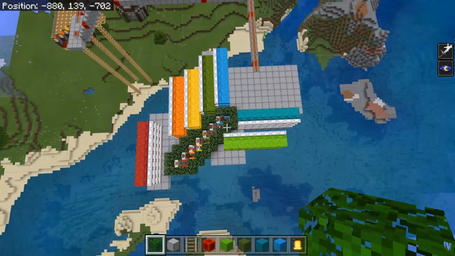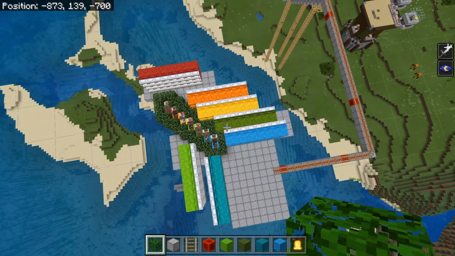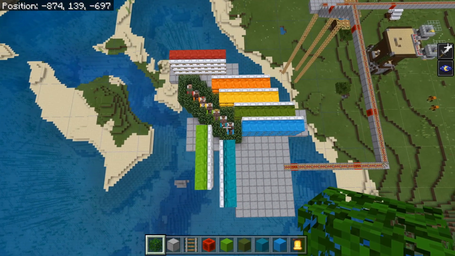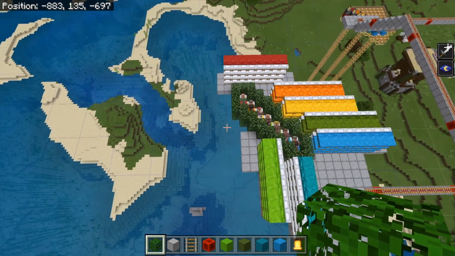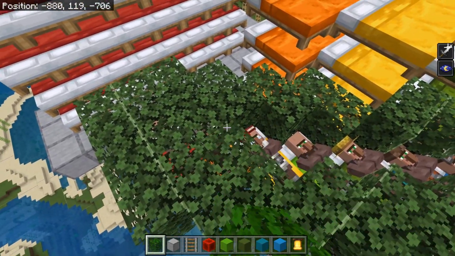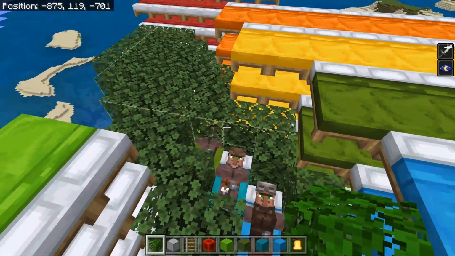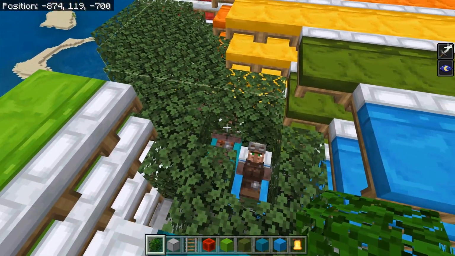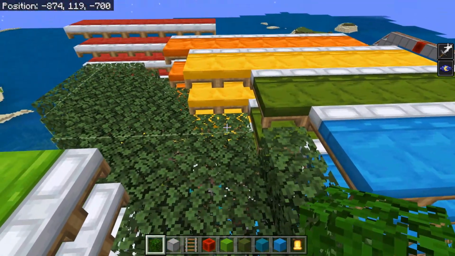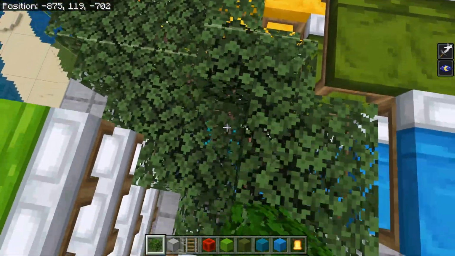Place your beds like so to stack your 7 villages, and once you're done, and it will take you a lot of time, finish to encase your village with leaves. Be very careful to not click on a bed, otherwise you will have to restart again. I removed the top leaves to show you the color of the beds and everything, so you should not have to do that, but